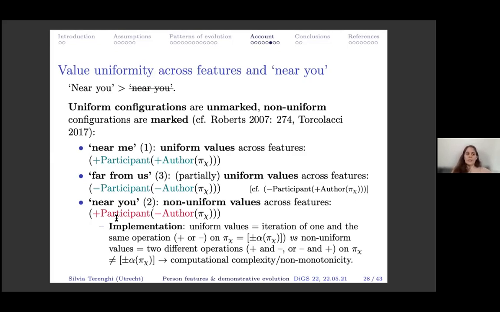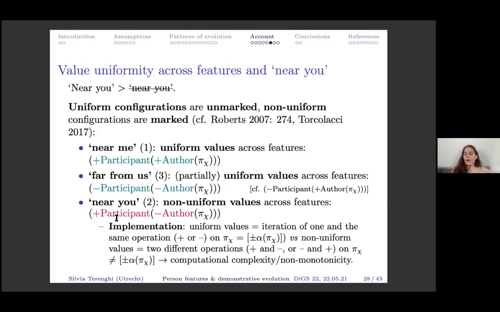So if we take feature values to instantiate different operations, uniform values imply the reiteration of one and the same operation, so either plus or minus on pi high, and that is a monotonic sequence, whereas non-uniform values require two different operations, and this is a non-monotonic sequence. So given third factor principles such as a general monotonicity bias, but also more broadly the idea of input generalization in acquisition, non-uniform configurations can be pointed out for showing a higher level of computational complexity, and this can lead to the loss of the second composition in order to reduce the overall computational load of